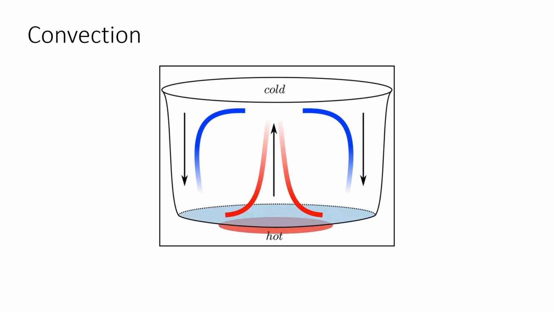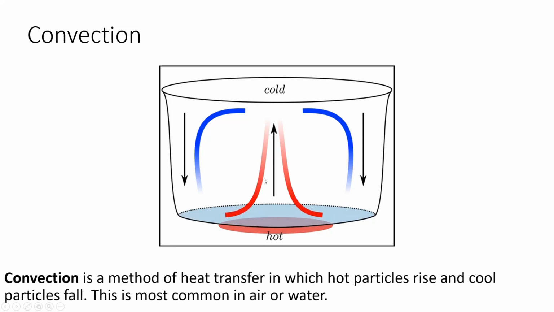So convection is probably the trickiest one to understand, but basically it can be very simply understood in this. So convection is a method of heat transfer in which hot particles rise and cool particles fall. So this is most common in air or water. So basically if you have any